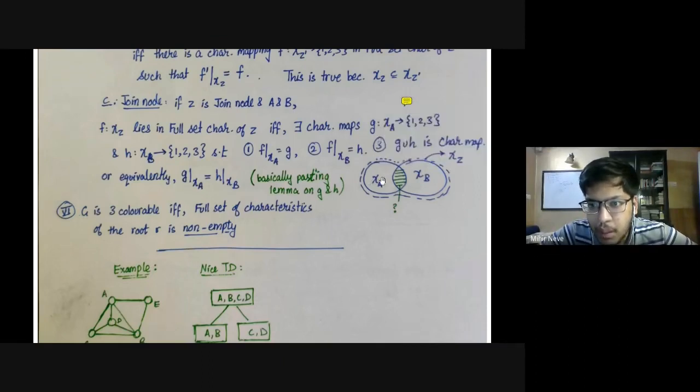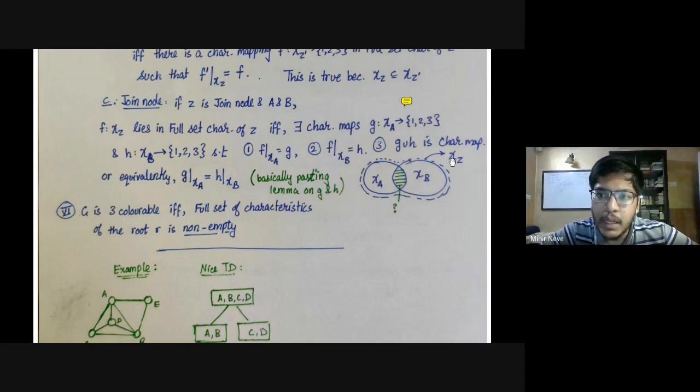Suppose you have a characteristic for chi-a and you also have a characteristic for chi-b. What does that mean? That means you have a 3 coloring for chi-a, you have a 3 coloring for chi-b. And once you have the 3 colorings for both of them,